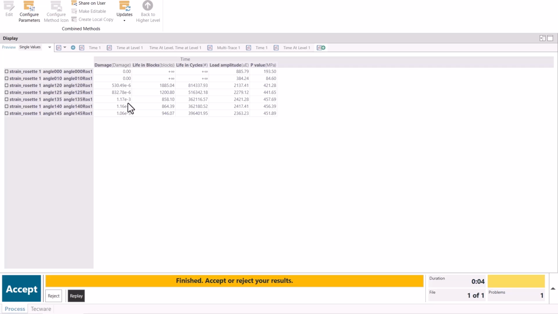What this is telling me is that these are the primary angles I need to be concerned with when I'm doing my multi-axial fatigue life calculations. And if I was just going to cycle count the 0, the 45, or the 90 directions and perform a fatigue life analysis there, I am under calculating the total fatigue damage that is occurring at that particular point on the structure.